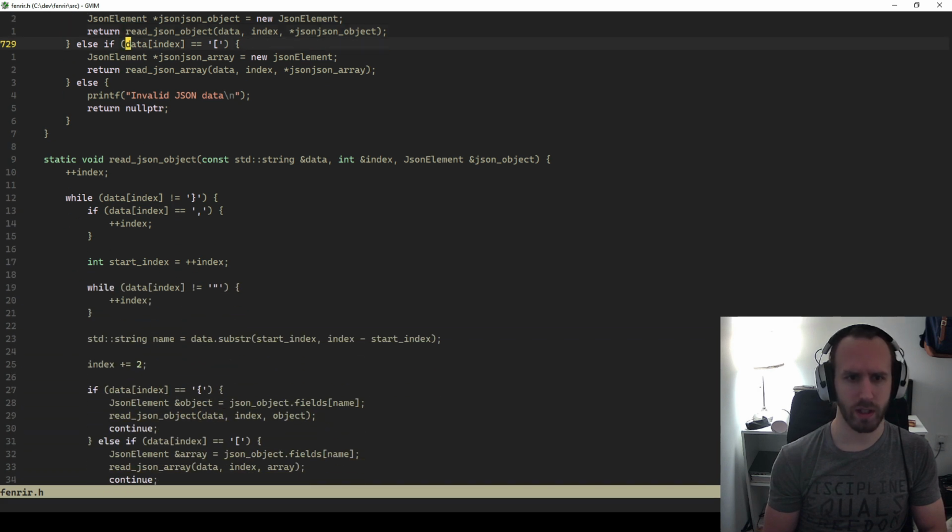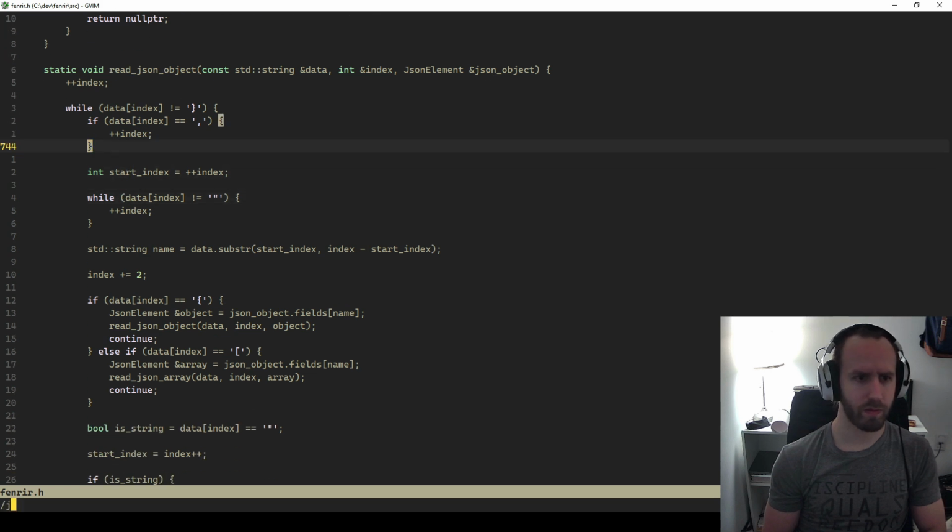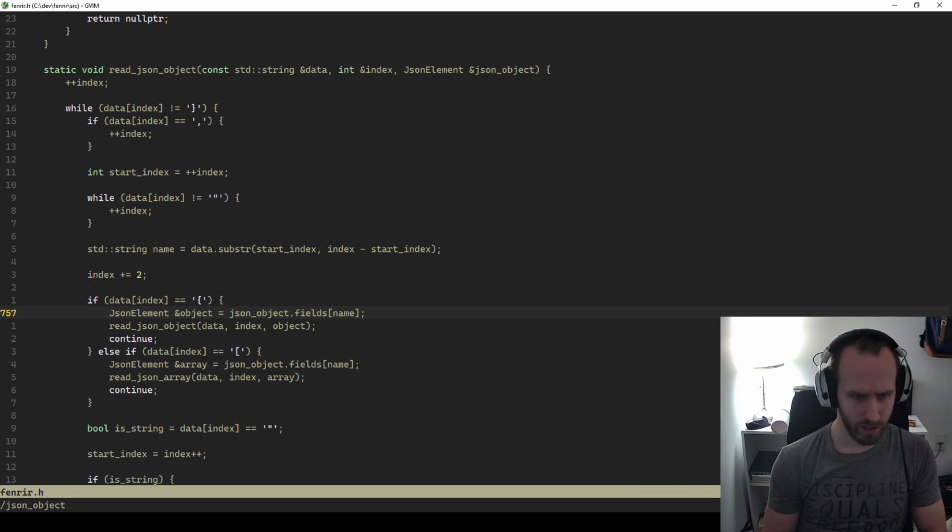So we take a JSON, so a reference to JSON element, JSON object. So we can just reference that, right? And then this other thing is another JSON object. Instead of calling it object, we could